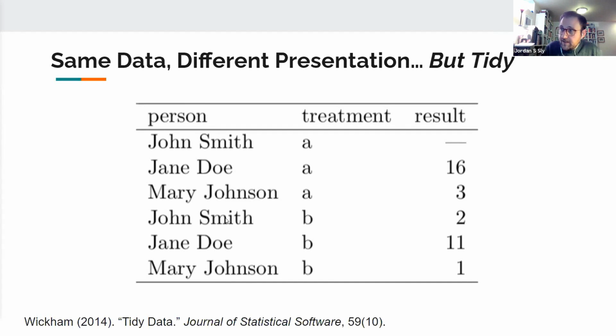The idea here is that even though John Smith, Jane Doe, and Mary Johnson are represented 3 times here, each instance of this is its own data. So if we think back even to the project I mentioned a moment ago, the repeated names are important. So the fact that John Smith got treatment A with this result is different than John Smith having treatment B and getting this result. Each one of these is important.